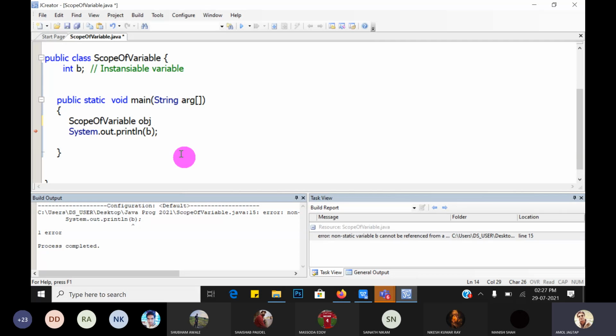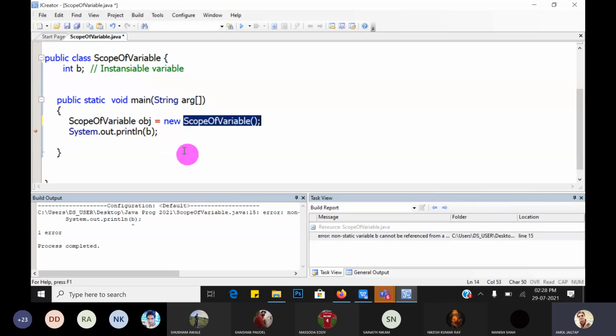Suppose obj is equal to new the class name. This is called the constructor. New calls the constructor of that class, which is the default one. Whenever there is no constructor in your class, a zero argument constructor or default constructor must be present here.